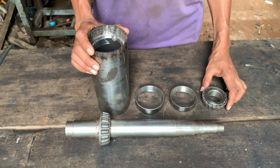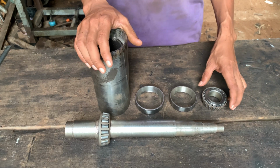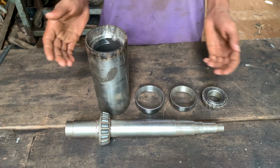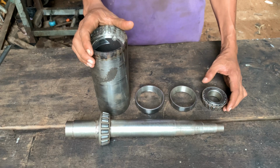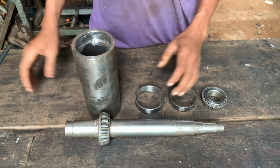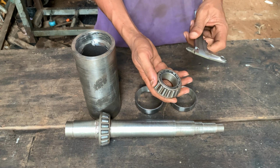Hi guys, today it's time for me to pack the headstock. So the headstock, this one I use for a milling machine. Right now I do this pipe here, and I use two bearings. So this bearing inside,